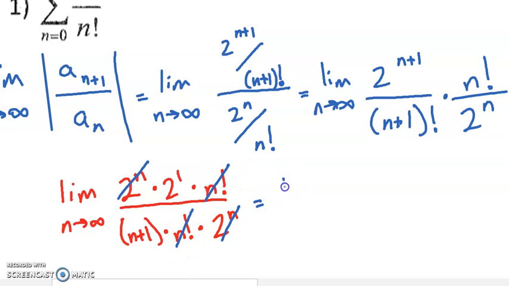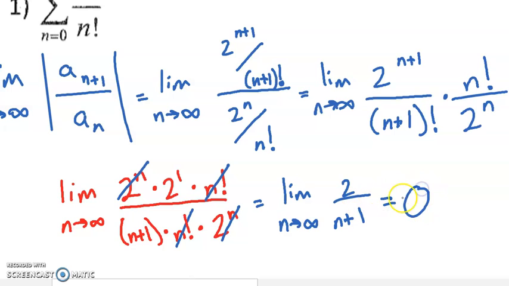And what we're left with is a much, much simpler looking fraction. The numerator is 2. The denominator is n plus 1. And as n goes to infinity, this fraction approaches 0. And the important thing about this value is that it is less than 1. Remember that 1 is that magic value between